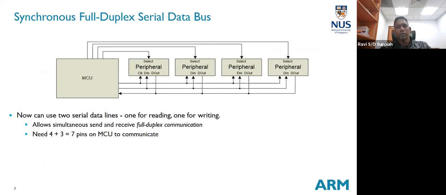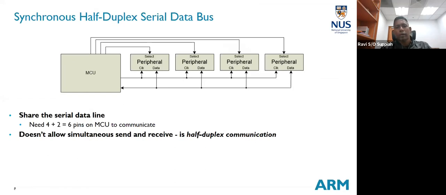One is, you call it synchronous full duplex. All right, in full duplex, you can transmit and receive at the same time. All right, so you have 2 separate data lines. Okay, so technically you can do transmit and receive concurrently, okay, across the different devices. The other one is half duplex, where you can transmit or receive at any point of time. All right, so it all depends on the peripheral you're dealing with, all right, and of course what kind of